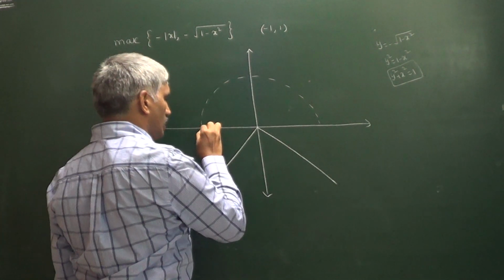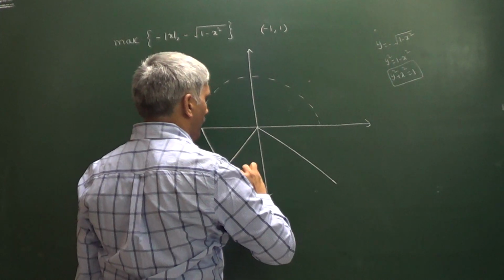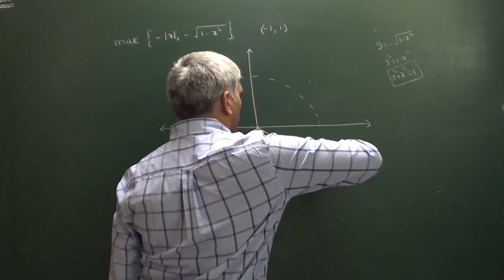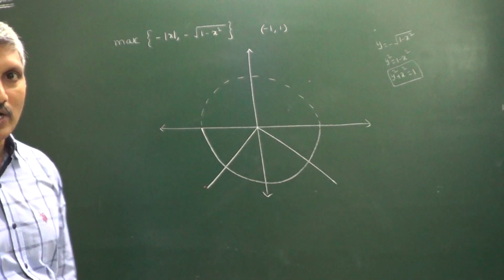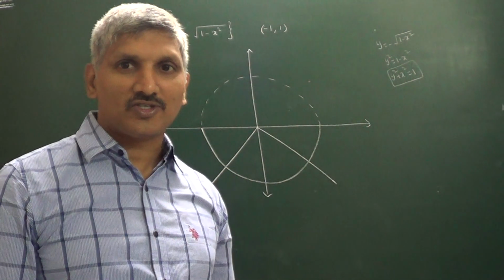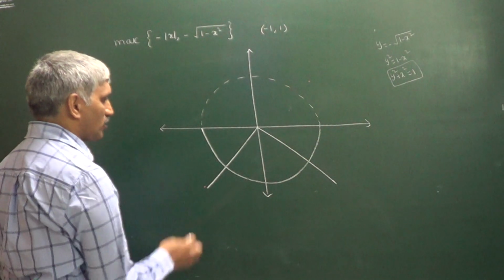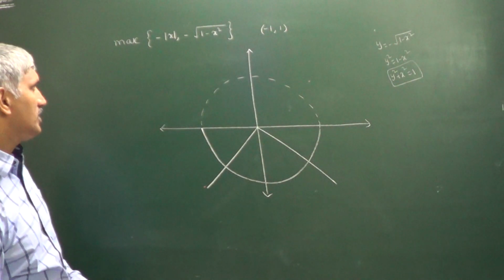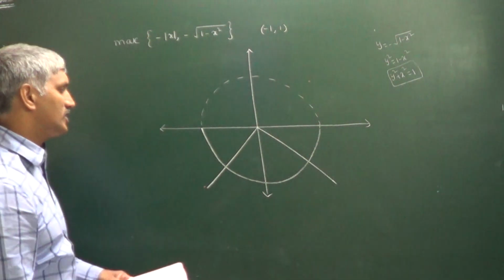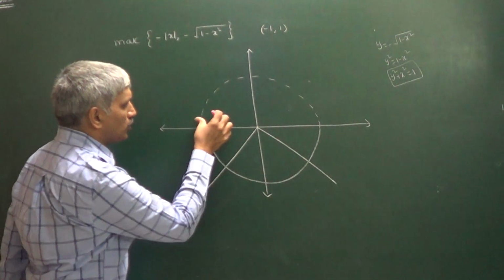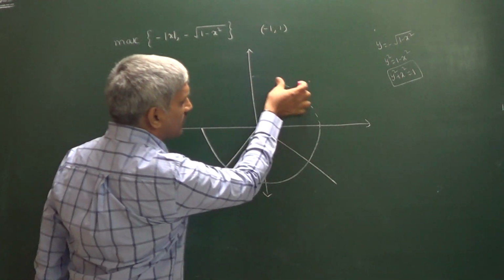But we have to consider the lower part of the circle. This is the circle with center (0, 0) and radius equal to 1. So now this is the graph which we got. But he is asking, among these 2 graphs, the maximum we have to consider. Observe these 2 graphs, because this portion is not there for us.